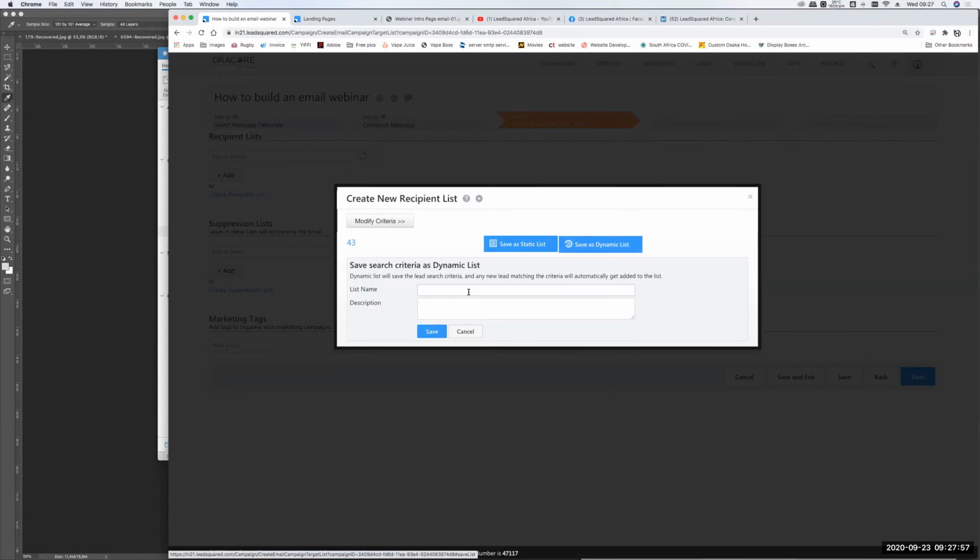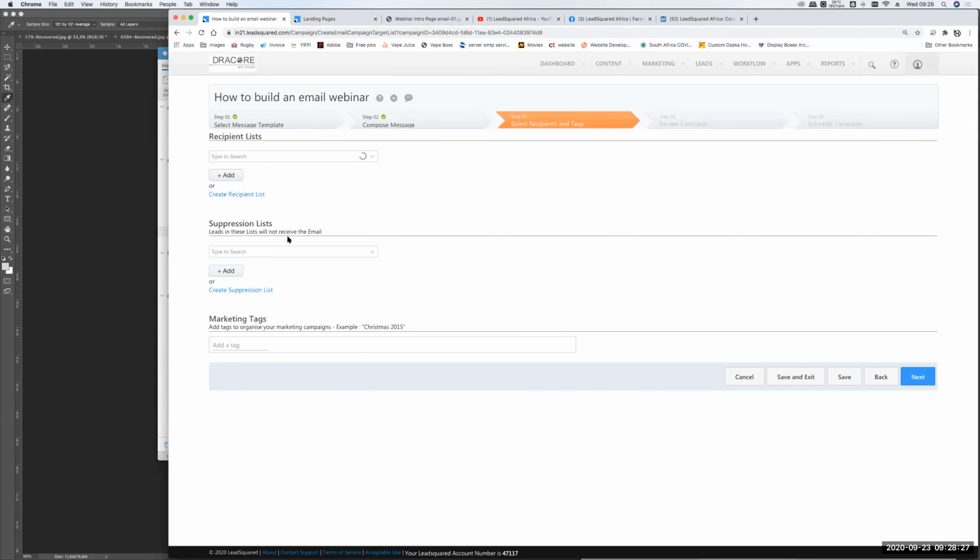This way the list will constantly be updated with anyone that fills in a form, so that later down the road when you're wanting to send out another campaign, you can use that same list, for instance. But you could have your thing set up as just about anything you wanted. So now we'll click on the